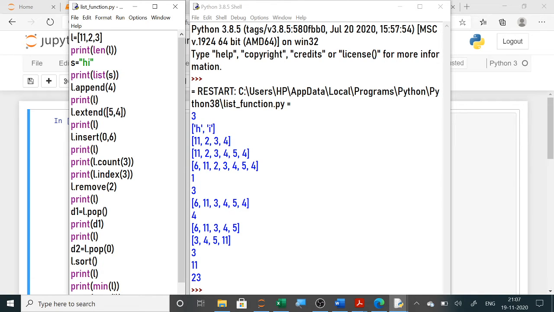Next, S is equal to a string. Any string you can write here. Now print list of S. List of S means the string is converted into a list using this list function. Here you can see it is converted into a list and displayed. In the exam you can get questions like write the output of this.